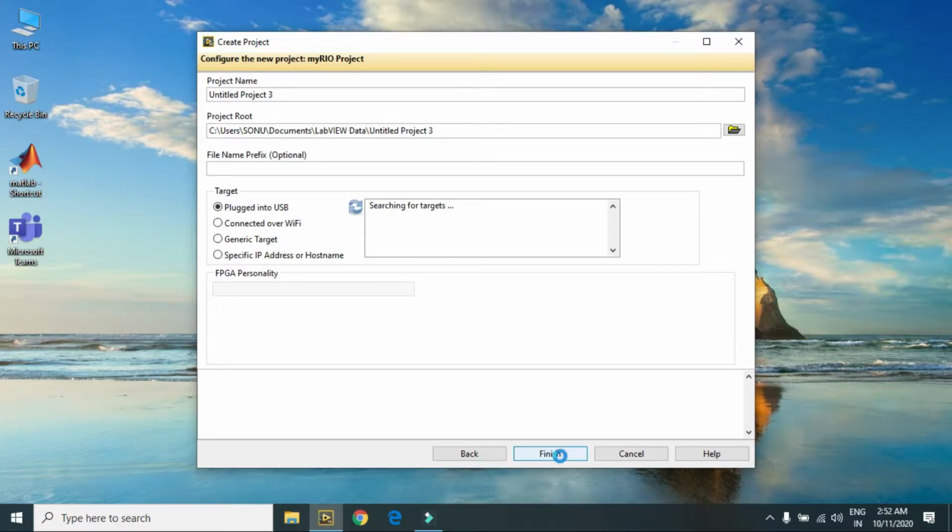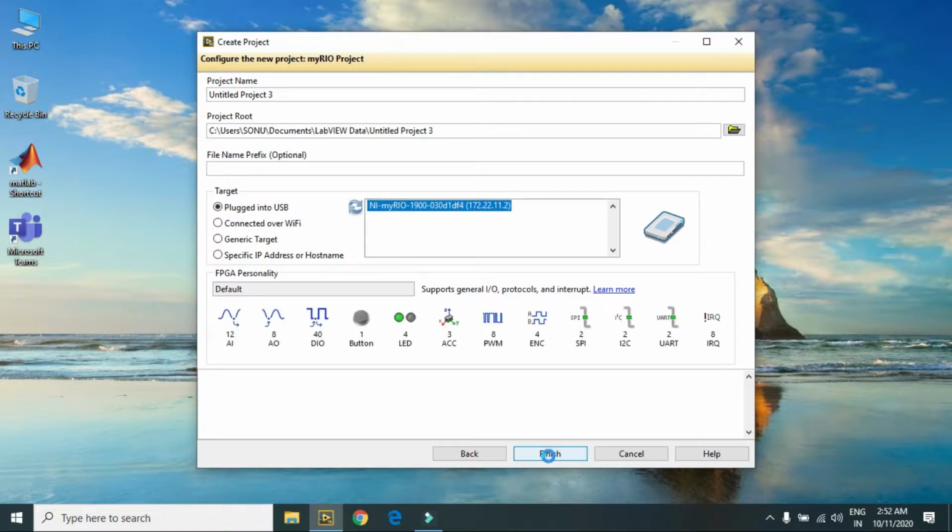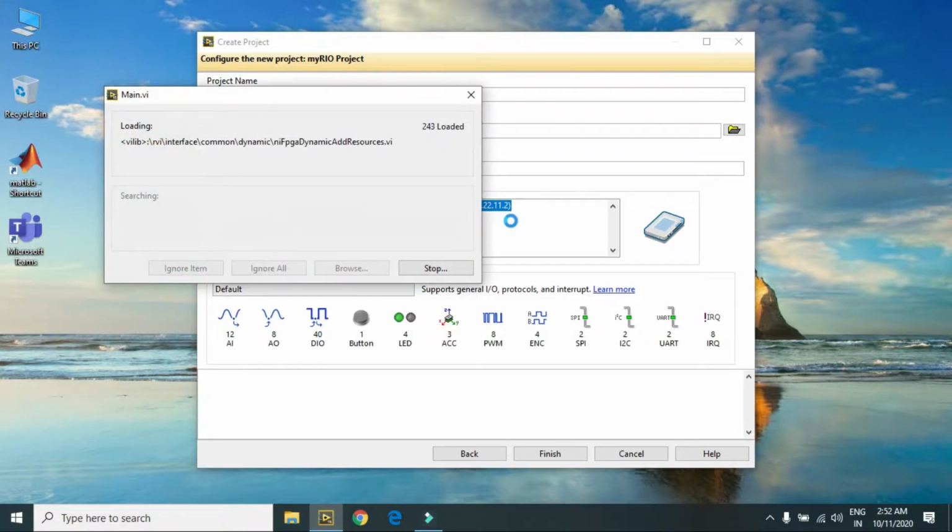So here is my project. You have to just check this NI MyRIO and here is your serial number. This should be there. If it is not there, there is some problem in hardware connection.